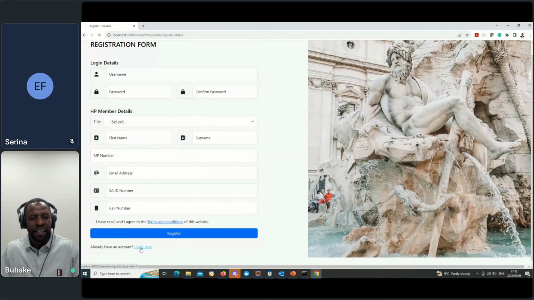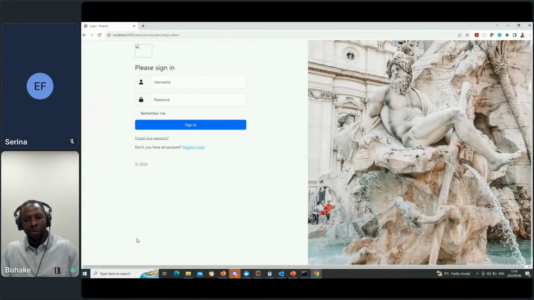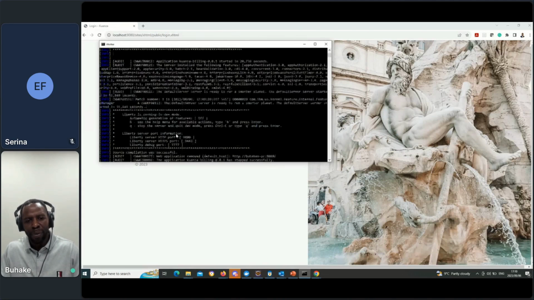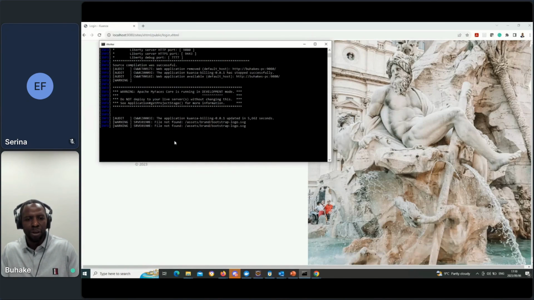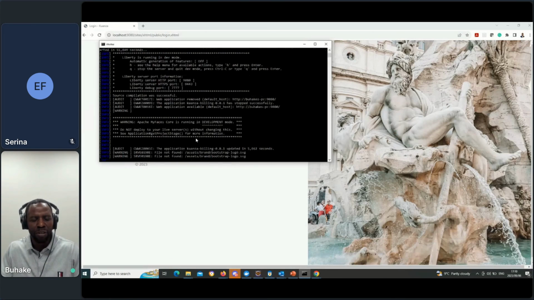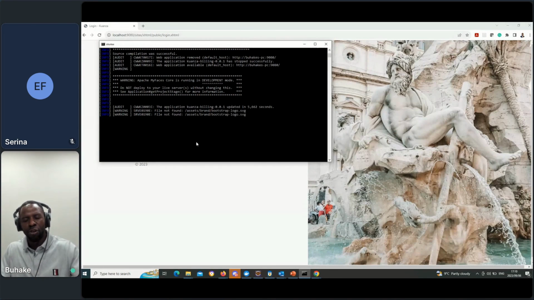Using JSF, if I make code changes here, Open Liberty is running in development mode, and even JSF is in development mode. So any changes here, it will automatically redeploy, and then you just have to refresh your browser and see your changes.